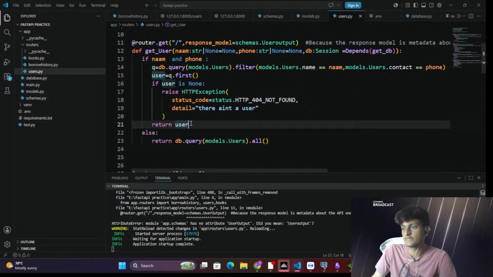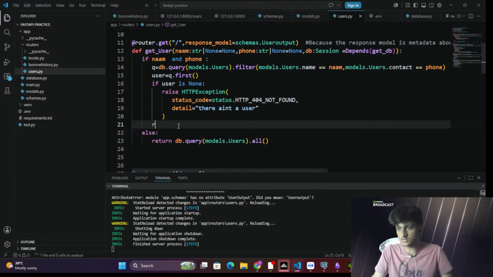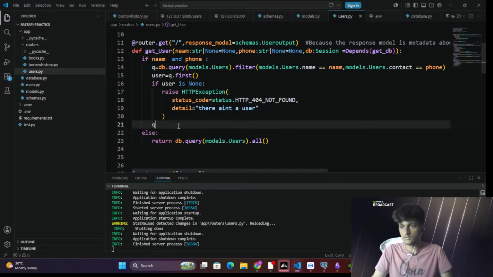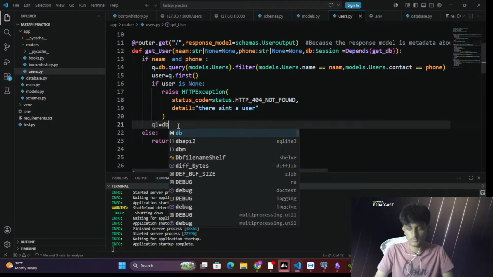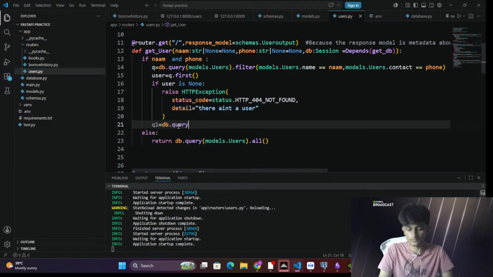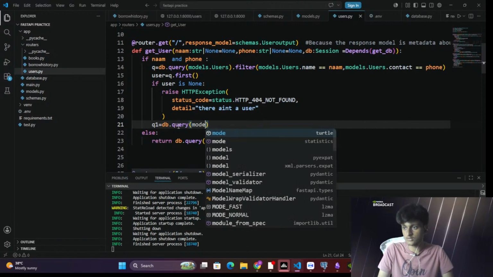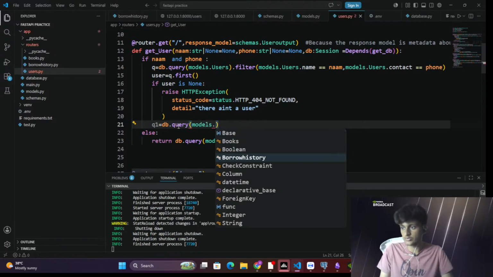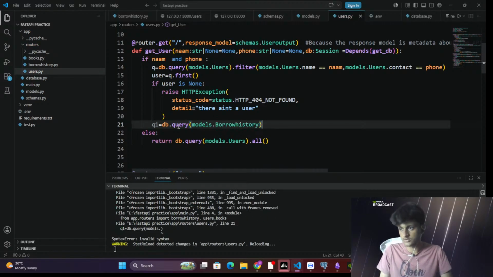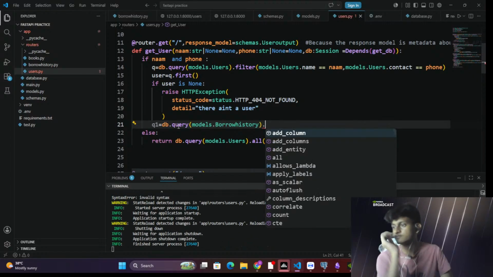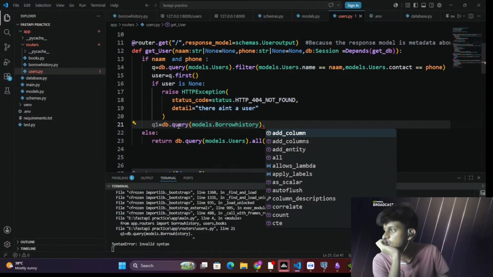So what are we doing here? So we are returning the user. I mean, if the user exists, then we are returning the user. But I want to not just return the user. I want to write another query, tb.query models dot borrow history. They should work on that. And you know what I have to do? I need to